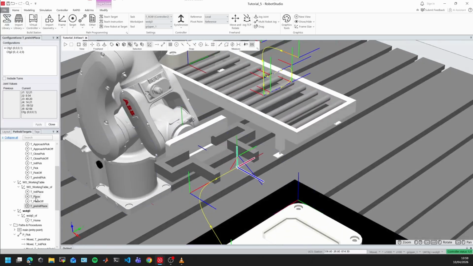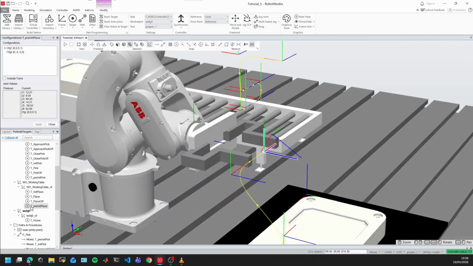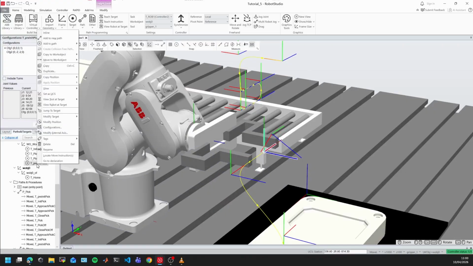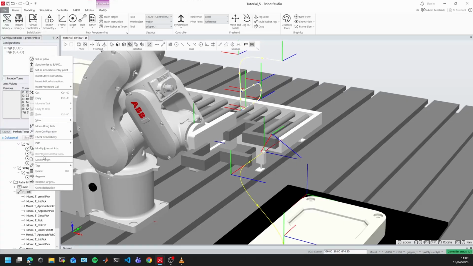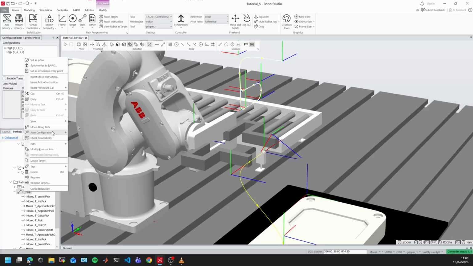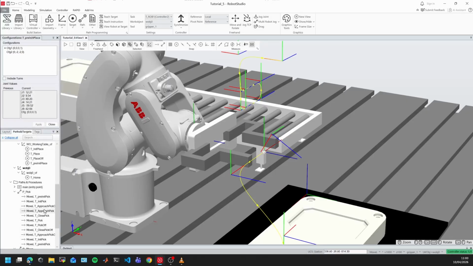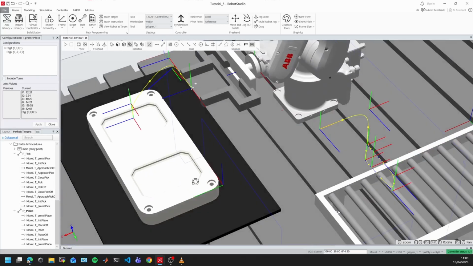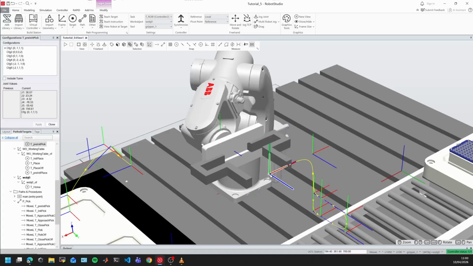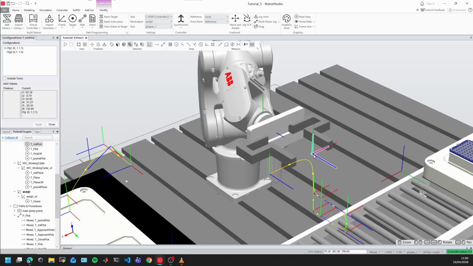If you don't know how to configure or you don't get it, just right click on the path. And in here, you can choose auto configuration. It's going to configure all the poses so that this path can be made. Because if there is a configuration that does not work, for example, let's go to this one, and let's select this configuration there. I'm going to apply,